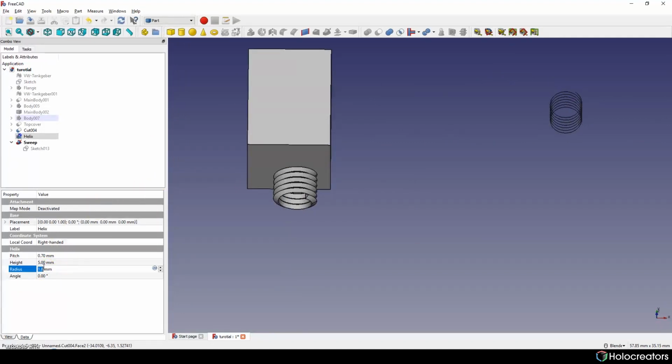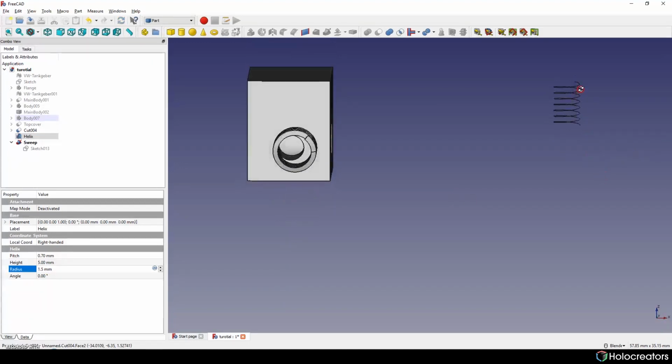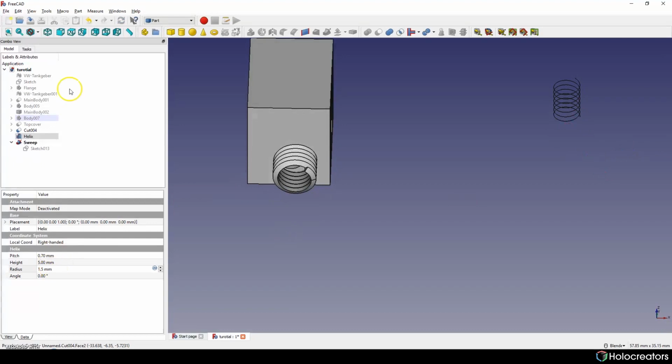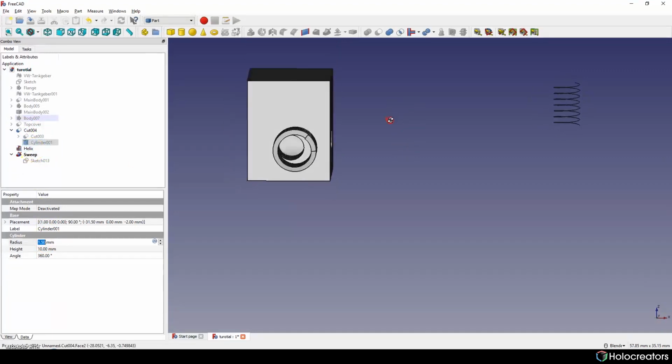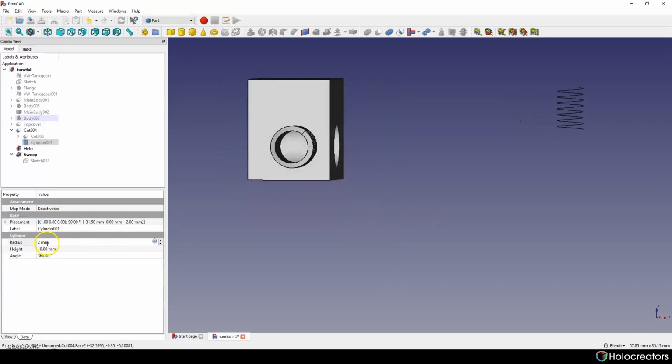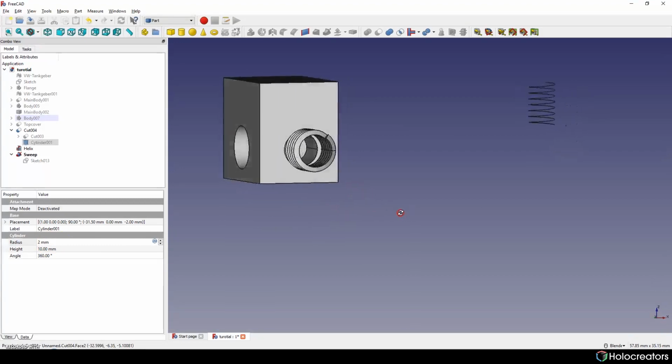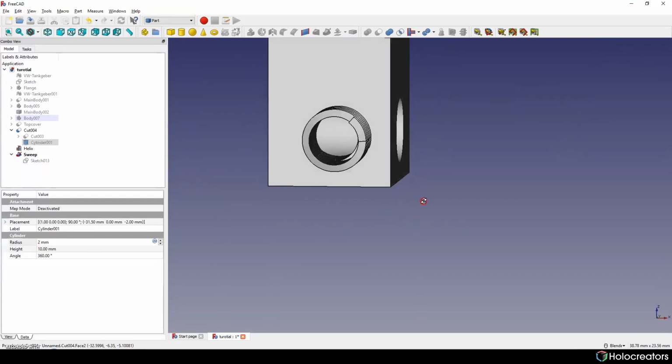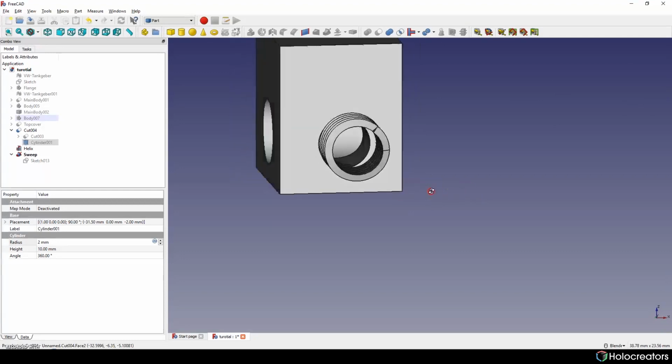So we need to change radius. I think 1.5 is gonna be fine. Okay, now it should look better, I think.